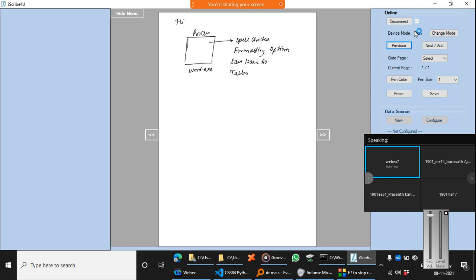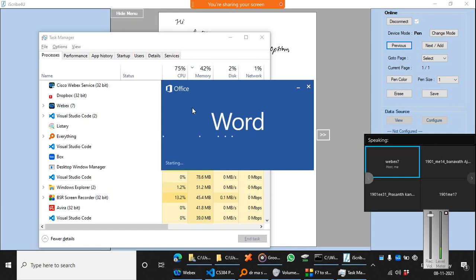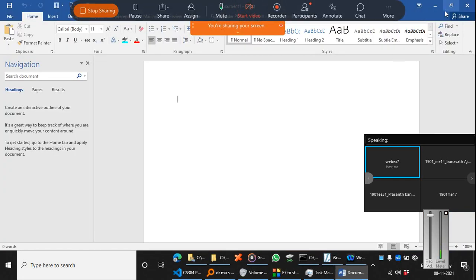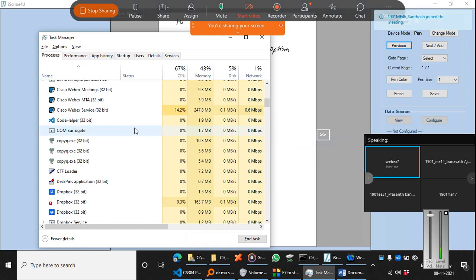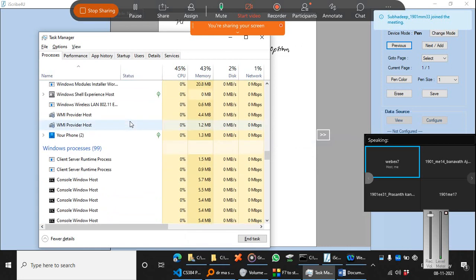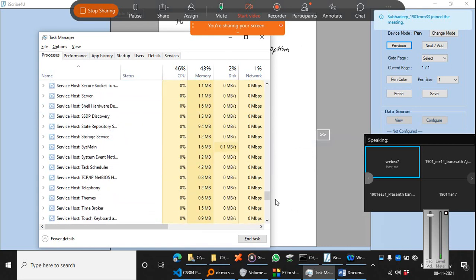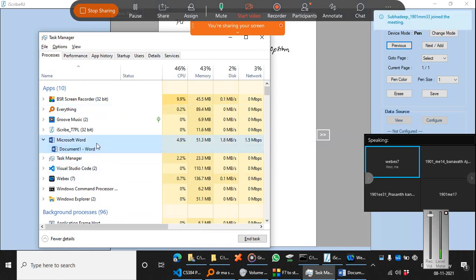Now when you open the taskbar, so let's say if I start Microsoft Word, right? So I have started Microsoft Word. So now you can see that you have only Microsoft Word. So it will be usually one word actually. Let me just check this. Okay, these are services. See this. You have only Microsoft Word. It is showing as a single process, right? Occupying 51 MB of memory and some network traffic. It is 0 Mbps, but some disk usage is also there.